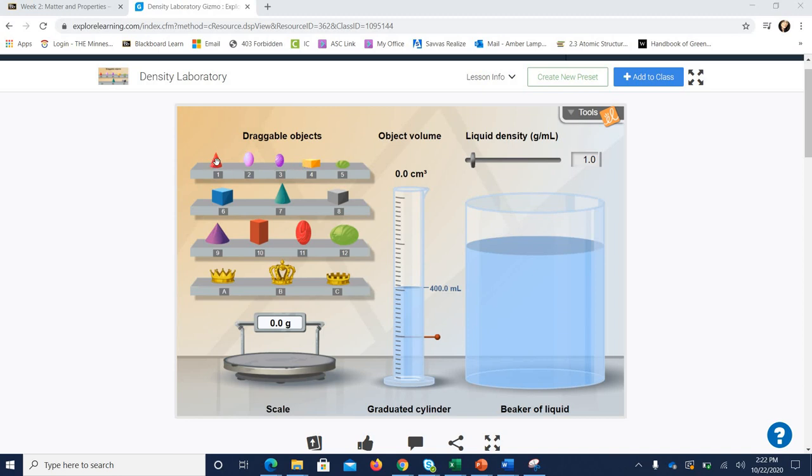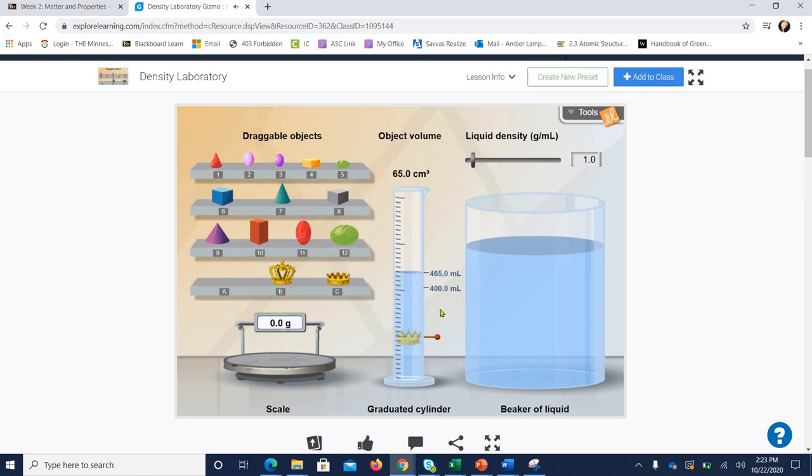Now, I'm going to show you how to use the scale as well as the graduated cylinder and how to move any object here. So let's say I'm going to use A, just so I'm not giving answers to anybody and their unknowns. If I want to take the mass of this crown, I would click and drag it down to the scale. It would give me the mass of the crown, and that's what I would record in my data table. And then in order to measure the volume, I would click the crown and put it into the